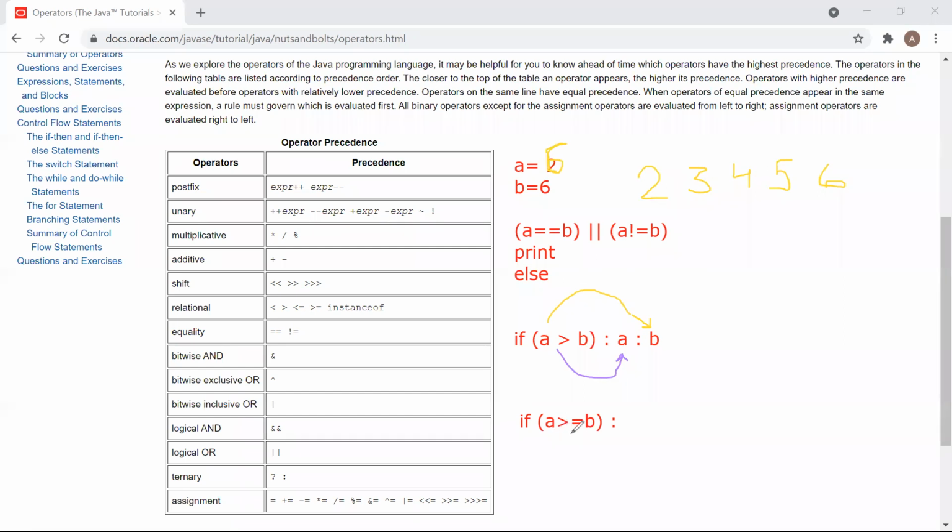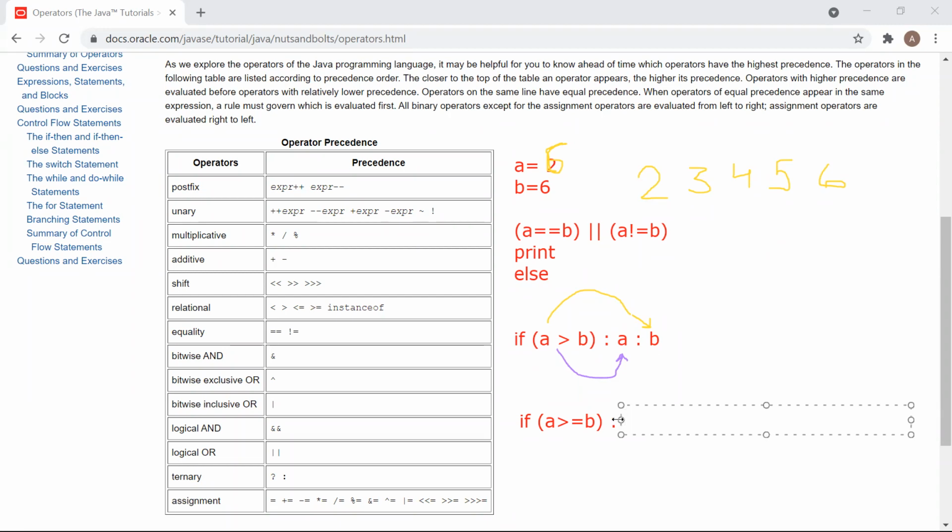Now we are going to check if A is greater than or equal to B. So both are equal and the condition is true. In case the condition is true, what are you going to print? You are going to print the part immediately on the right. So in place of A, you can write down anything.